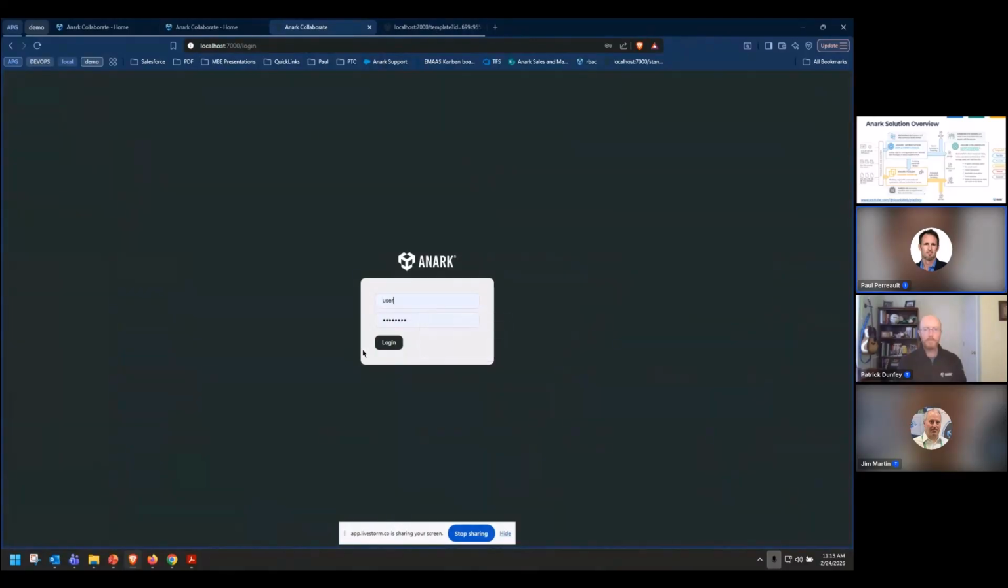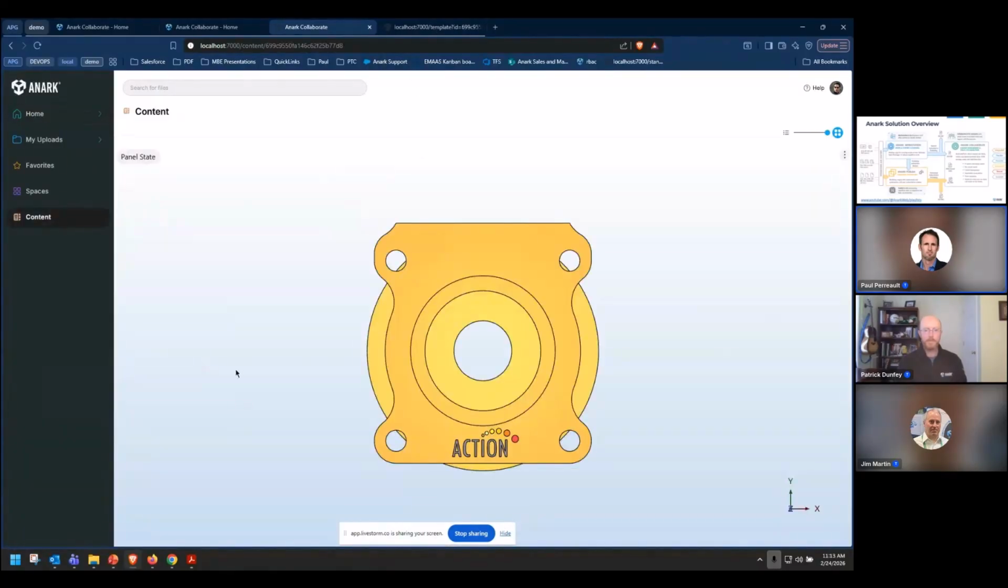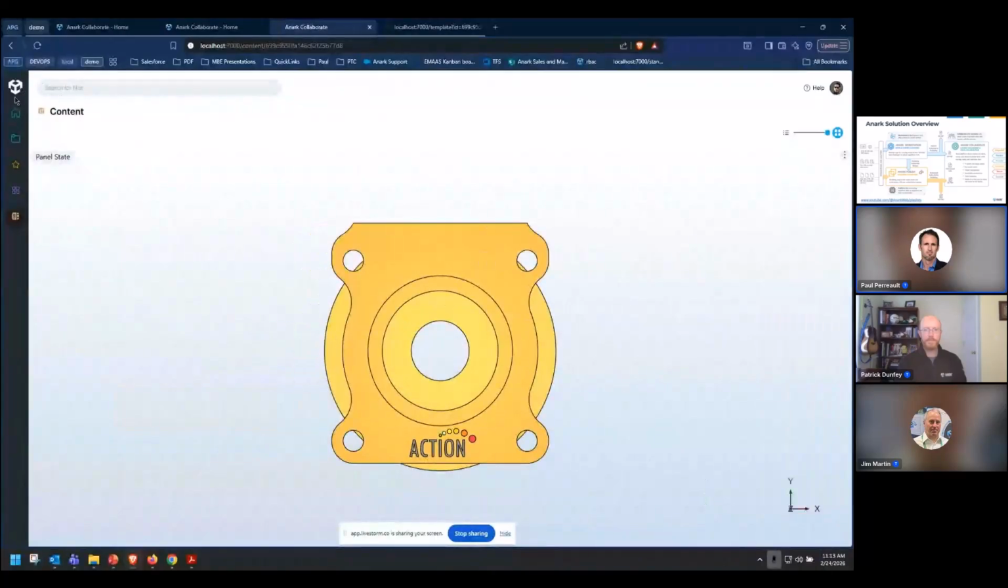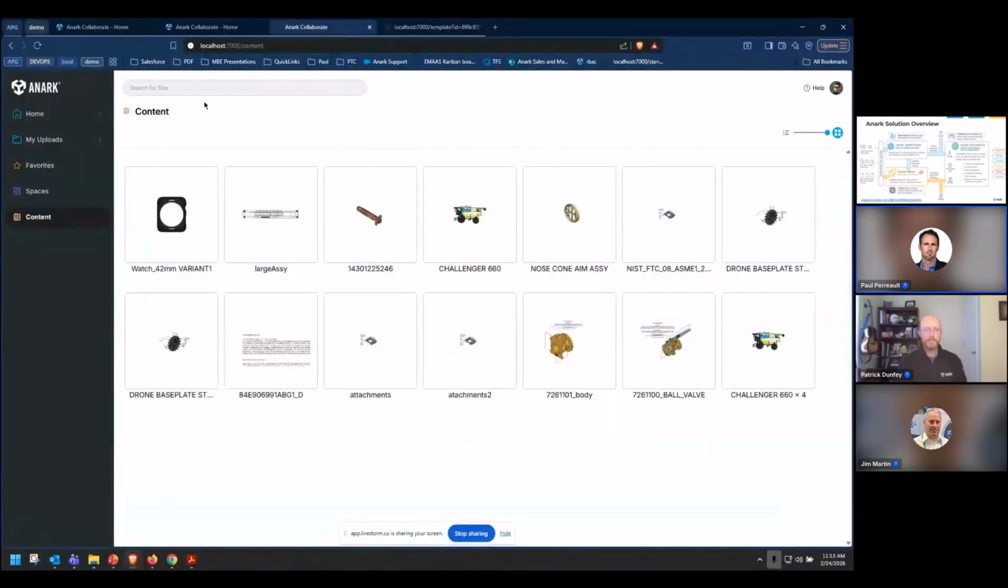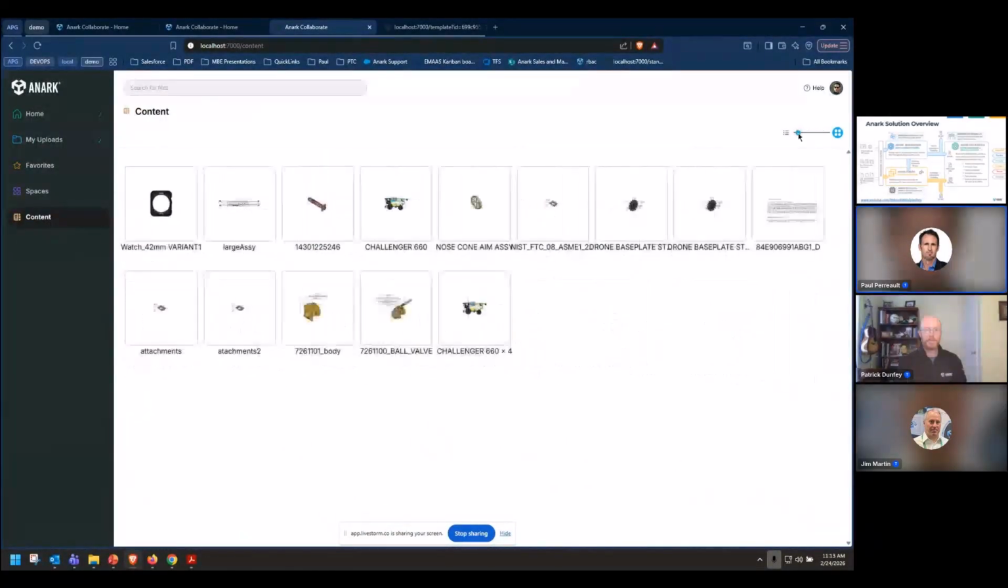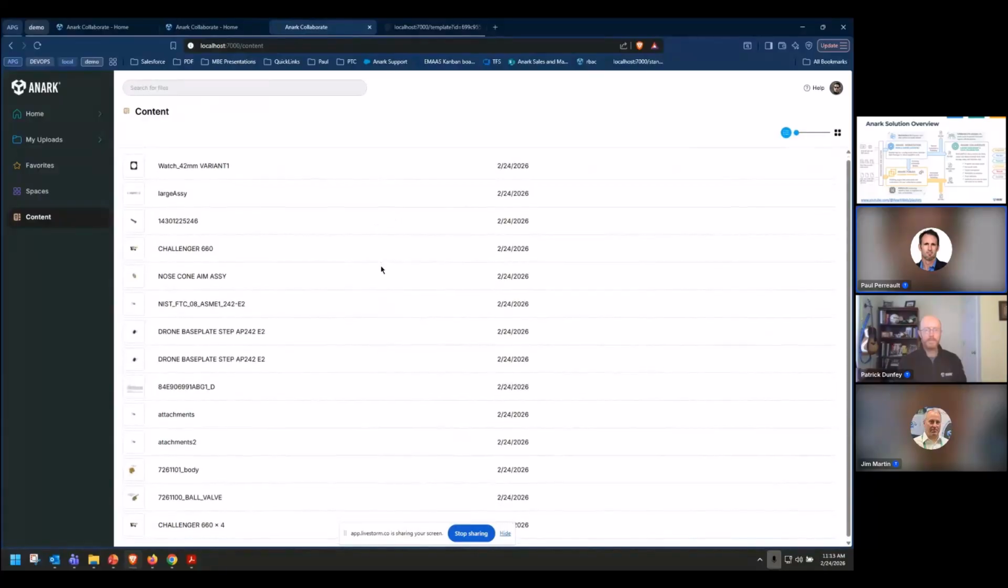I'm going to log in again. Sorry. Opening up these items, and you can see here that this is the Collaborate application. I've got navigation. I can collapse my nav bar. If I'm in my content view, maybe I like to look at this as a sortable,